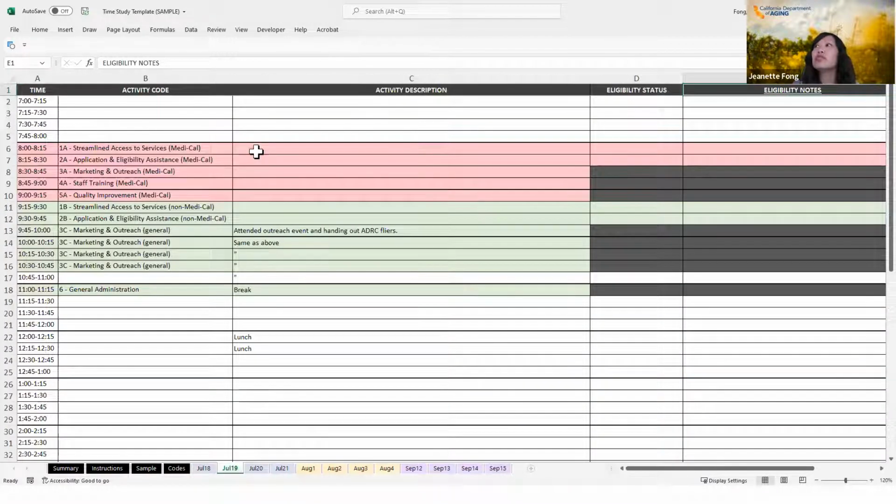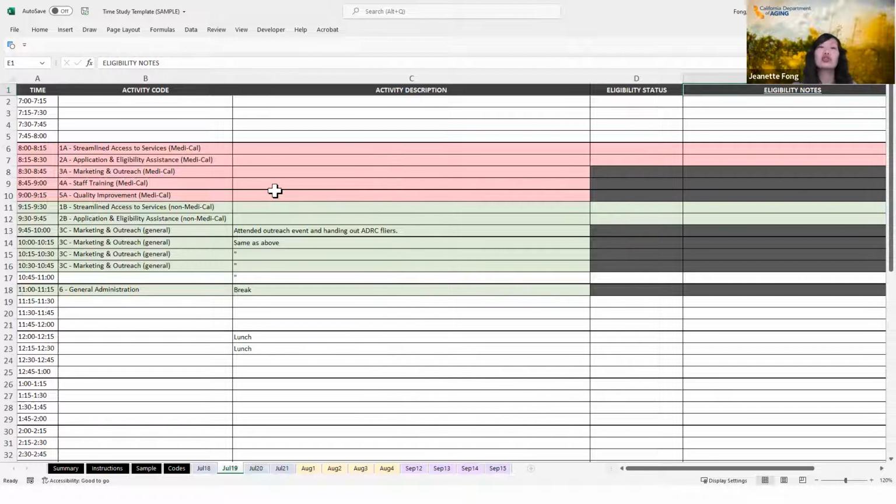Okay, so for all of these red ones, remember, these are the activities we're trying to get reimbursement for. So it's really important that the connection to the Medi-Cal program is clearly documented. And that's for audit purposes. If CDA goes and reviews this, or if CMS, the feds, goes and reviews this, they want to make sure if they're going to be reimbursing us, there's a clear documentation trail as far as the member's connection to the Medi-Cal program. For all of the red rows too, you will be asked to maintain documentation.